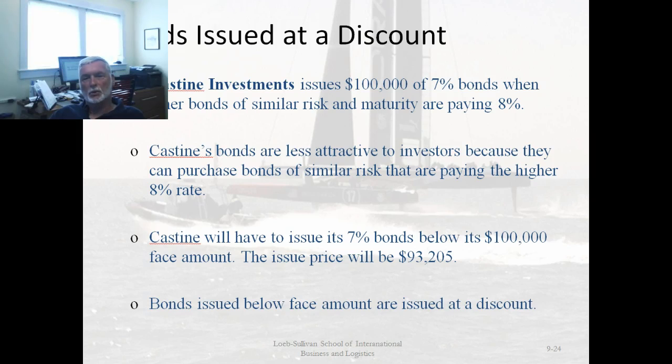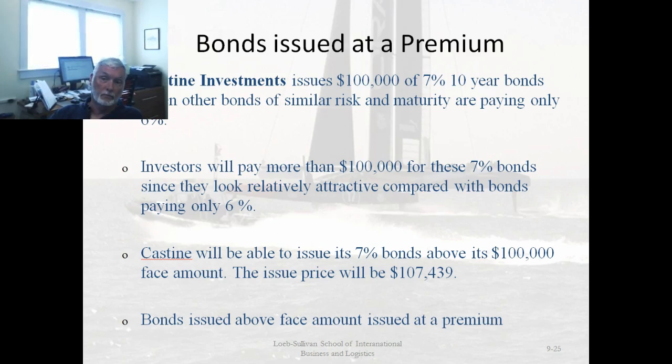Companies often issue their bonds at either a premium or a discount because they set the interest rate before they sell the bonds, and interest rates in the marketplace change. So you can't predict what the interest rate is going to be. The SEC registration process takes around 6 months for bonds. So when we decide to issue a bond, we set the interest rate, and then we actually issue the bond 6 months later. The market interest rate may well be different than what we set. So we end up selling bonds at a discount, or sometimes at a premium.